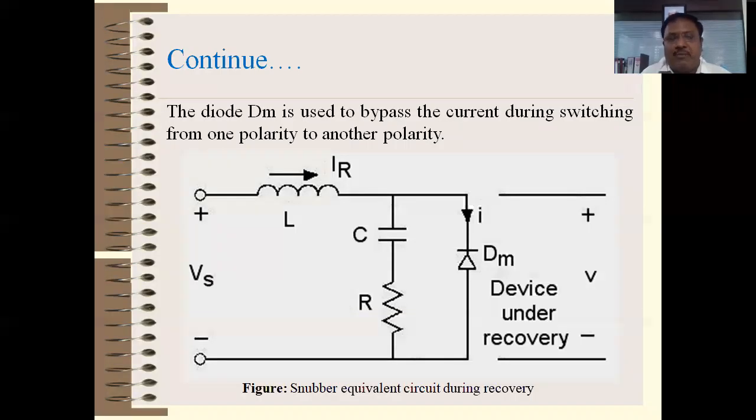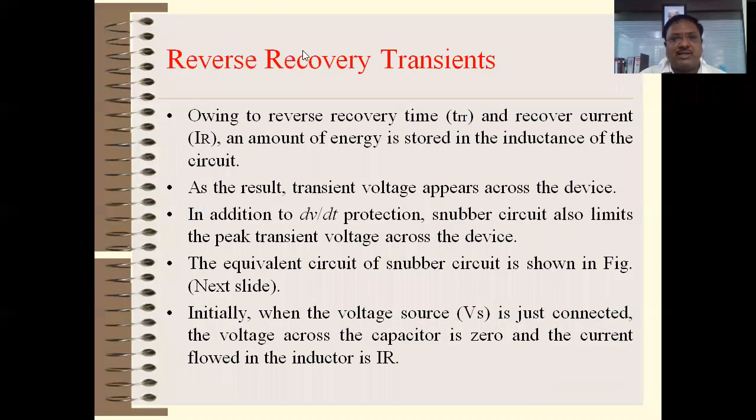So to protect the power devices from reverse energy, or energy stored across the inductor which may appear across the SCR when the supply voltage gets reversed, normally these freewheeling diodes are connected. Normally in reverse bias condition, reverse recovery transients appear due to the circuit inductance and may damage your power devices. So we are using the snubber circuit.